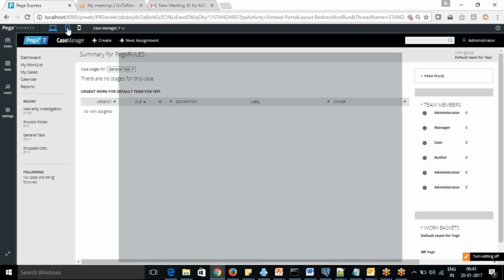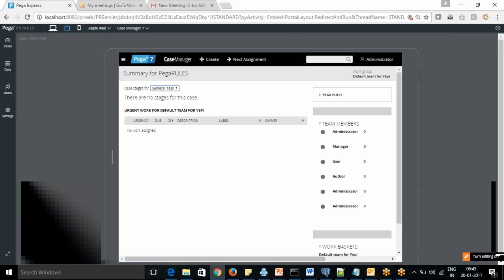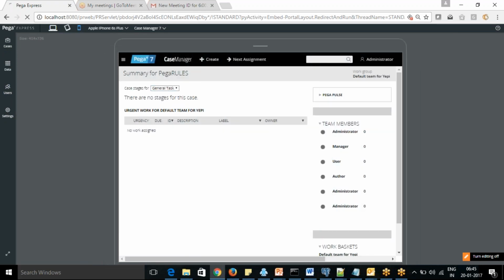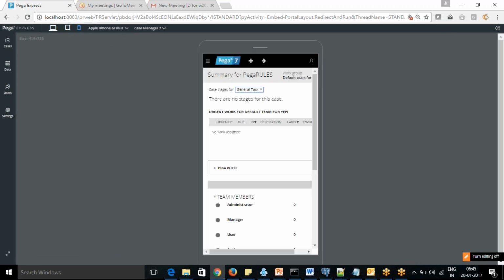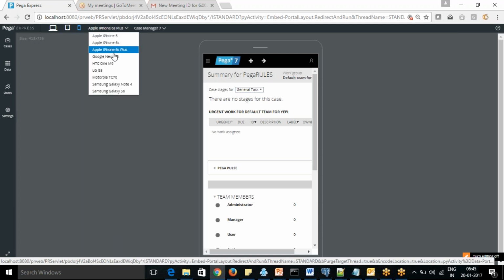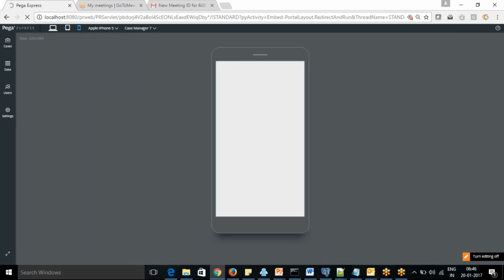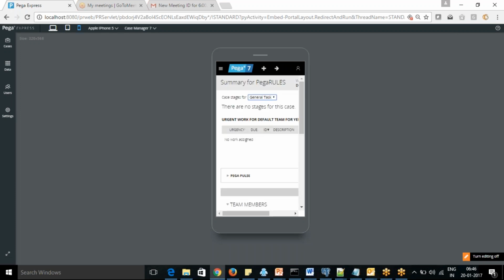Here you can see how it will look on your tablet, and how it will look on mobile as well. They have given some dummy mobiles, to show how it will look on different mobiles. If you want to test how your application will look, you can test it out. This is the look and feel for the iPhone 5.